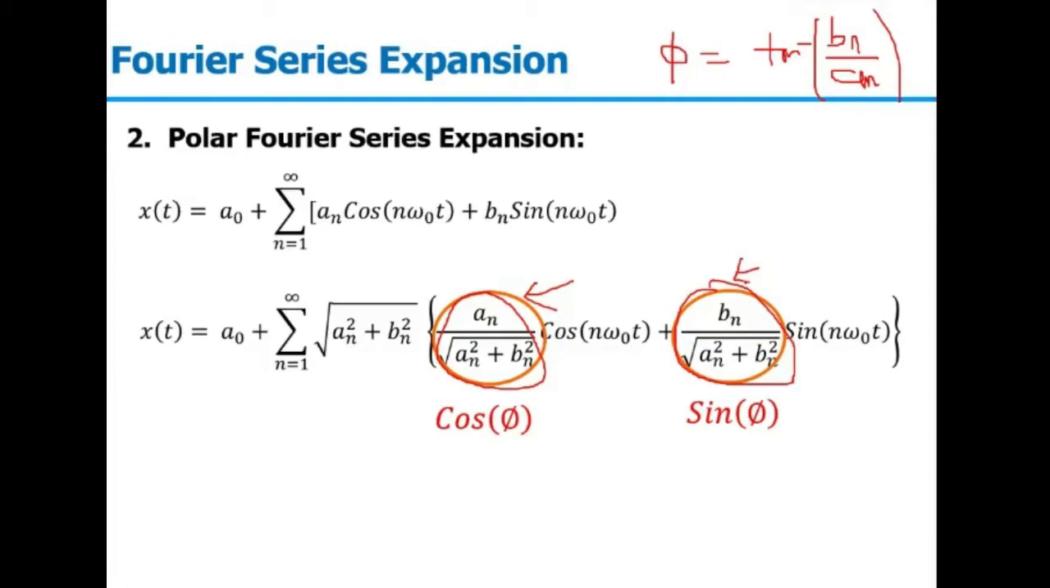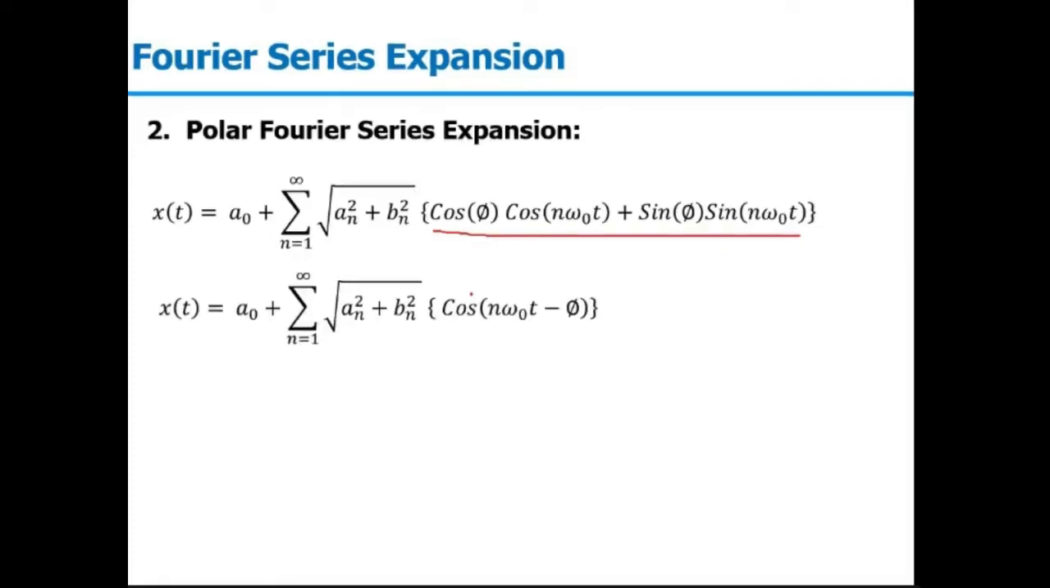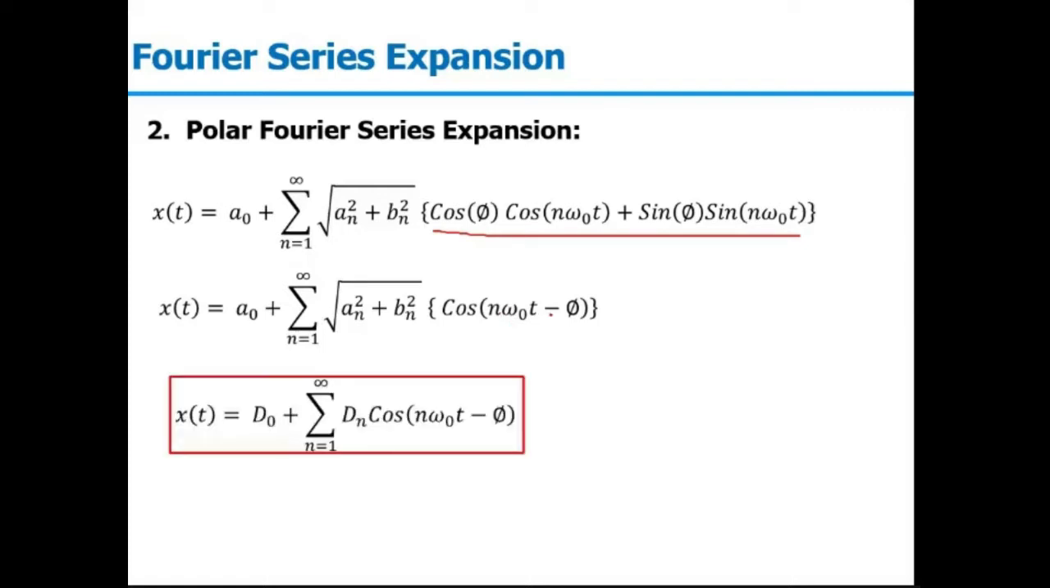Now we will modify the equation. So it will be a naught plus summation n equal to 1 to infinity of the square root of an square plus bn square, multiplied with cos phi cos n omega naught t plus sin phi sin n omega naught t, where tan phi will be equal to bn upon an. This is nothing but a trigonometrical identity, where cos a cos b plus sin a sin b is cos of a minus b. In this equation, we can replace this by cos of n omega naught t minus phi. So here a naught is representing our d naught